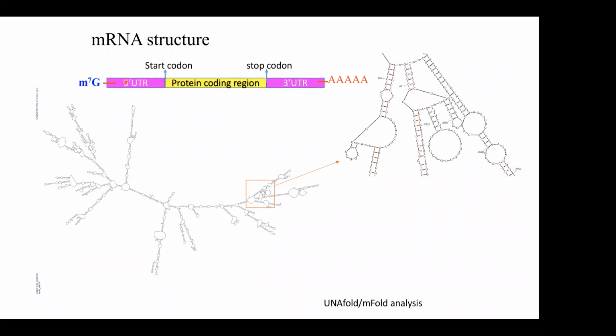In this matured mRNA, you can see a 5' GCAP and also a 3' polyadenylation. The matured mRNA is not a straight mRNA. You can see the secondary structure will be like this, because they find complementary strands, they will join together and form a secondary structure. Then naturally it will be like this.